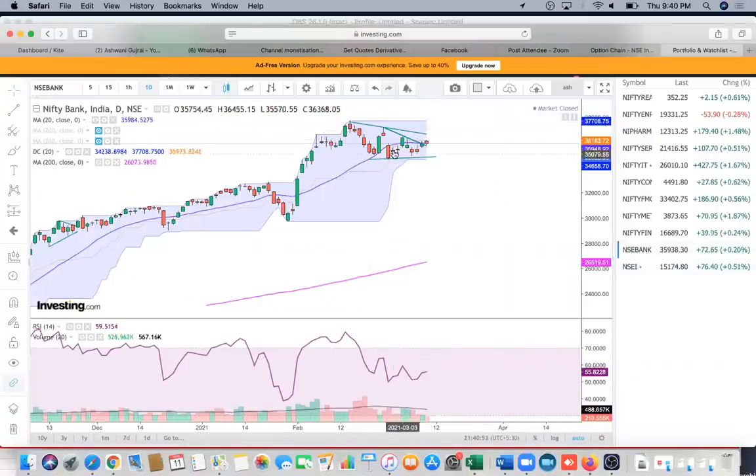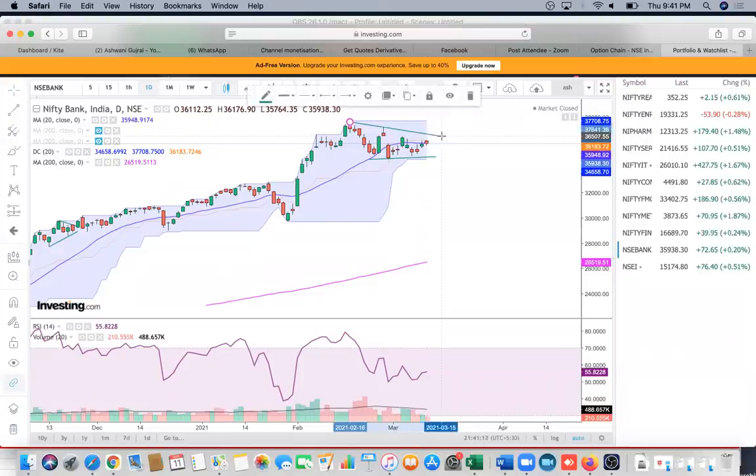Well, the Bank Nifty, again, this coil is now resolving on the upside, and my sense is tomorrow we could close above this upper trend line, where the breakout level right now is, I think,